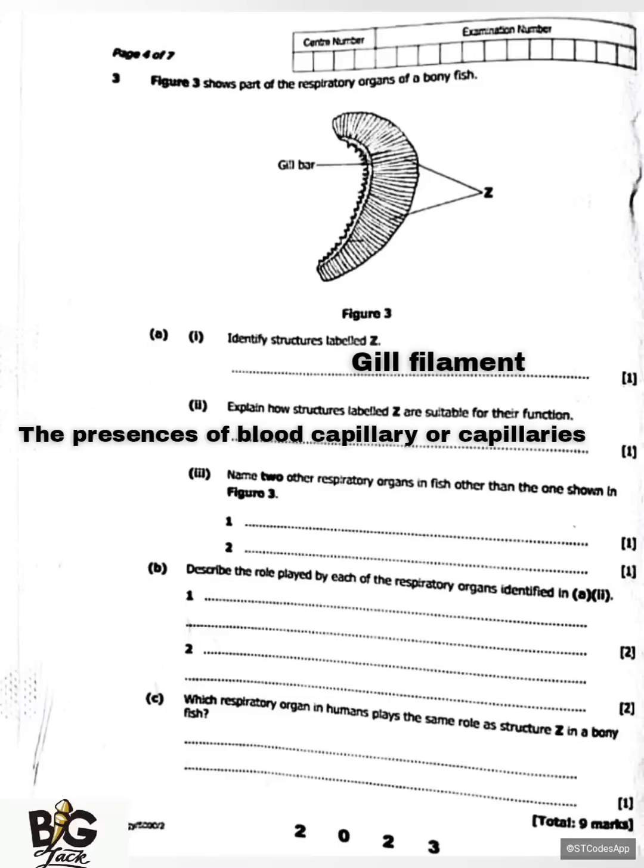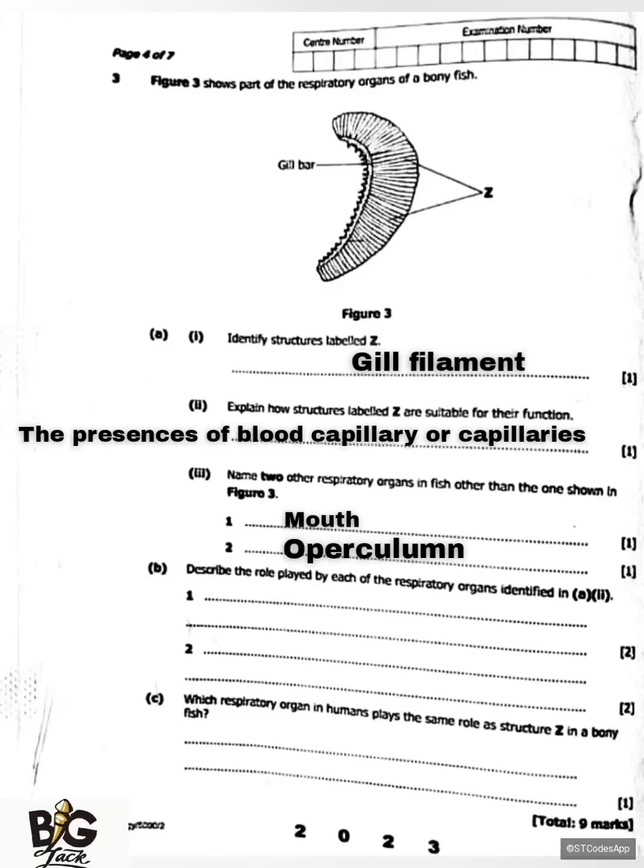So the first one is the mouth of the fish, followed by the operculum. Okay, then as for question B, it is saying, describe the role played by